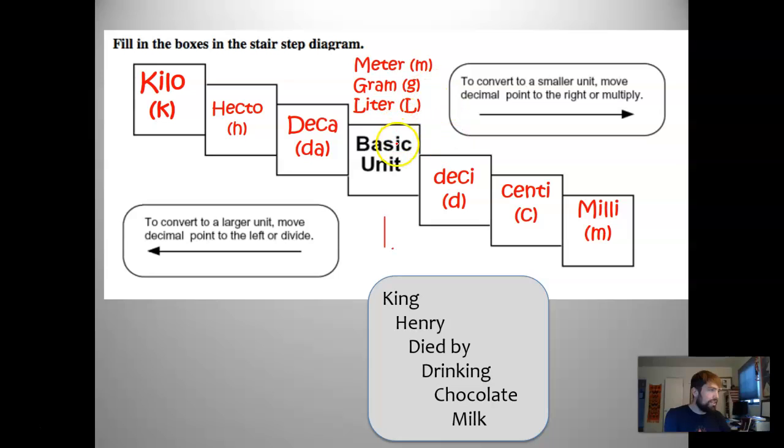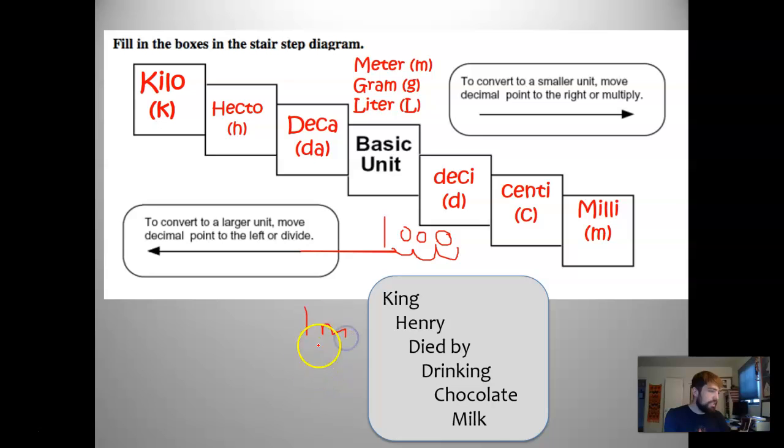So 1 meter is 1, 2. We move the decimal 2 points. So that would be 100 centimeters. And if we want to go to millimeters, 1 more. So it's 1,000. 1 meter is 1,000 millimeters, or 10 decimeters,